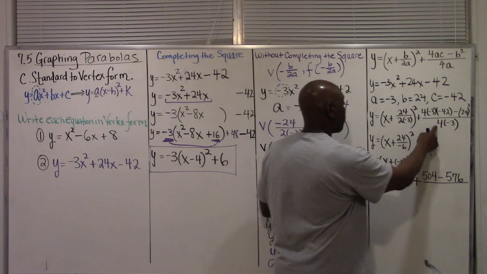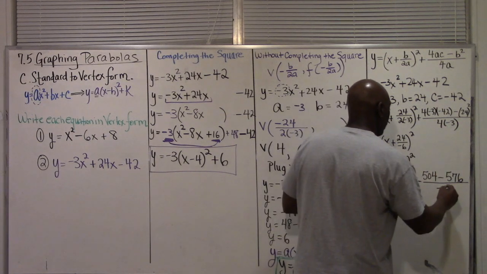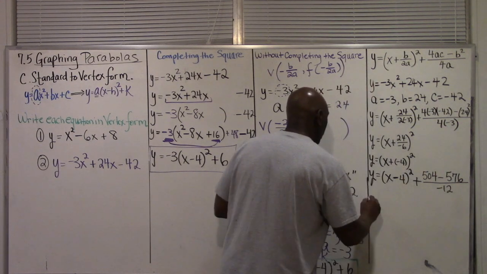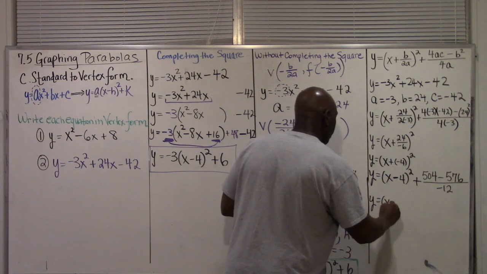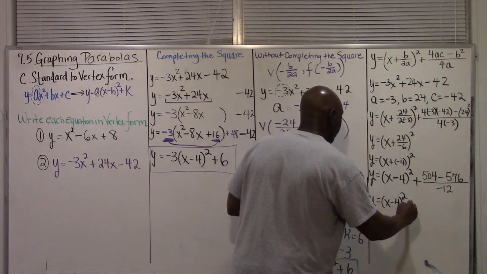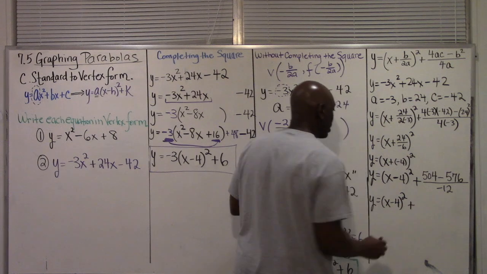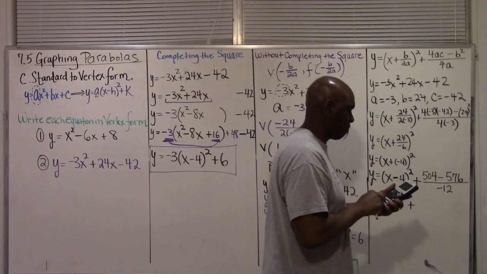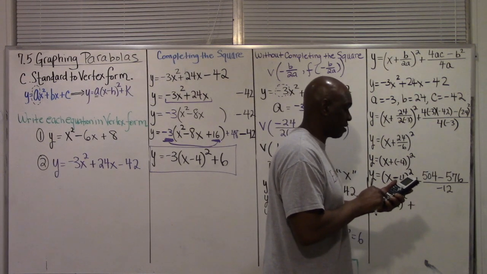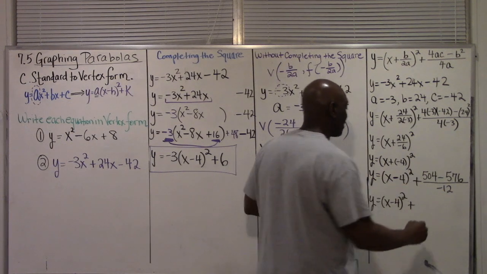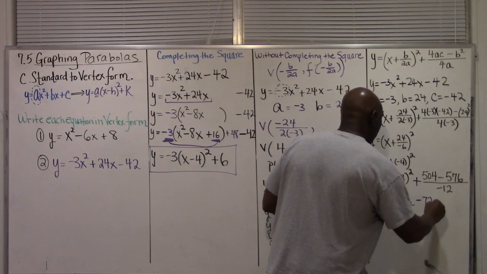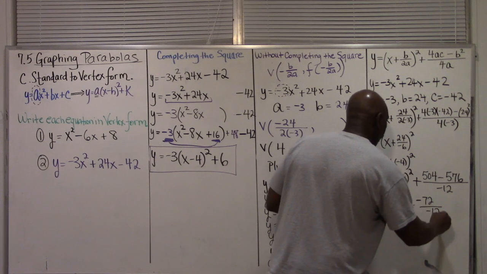All divided by 4 times negative 3, which is negative 12. So y equals x minus 4 quantity squared plus, here we go, 504 minus 576 is negative 72 over negative